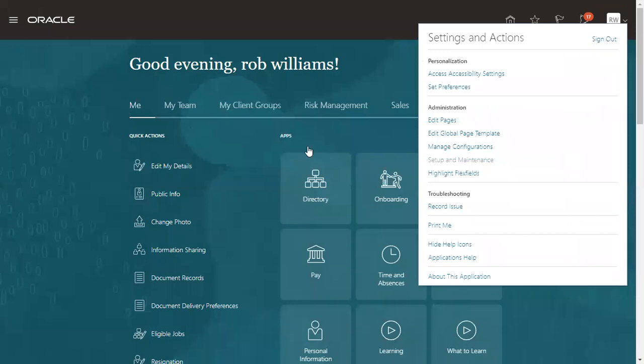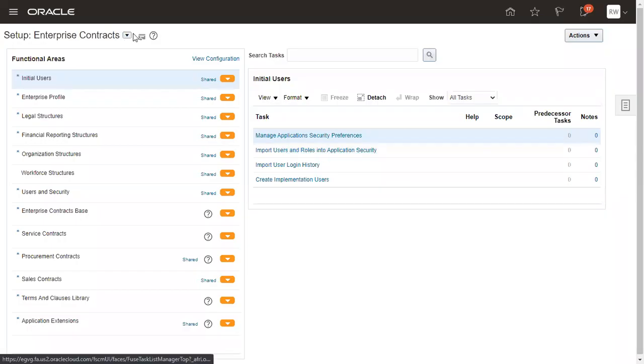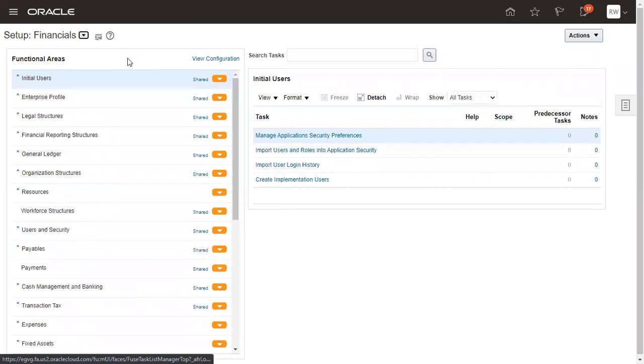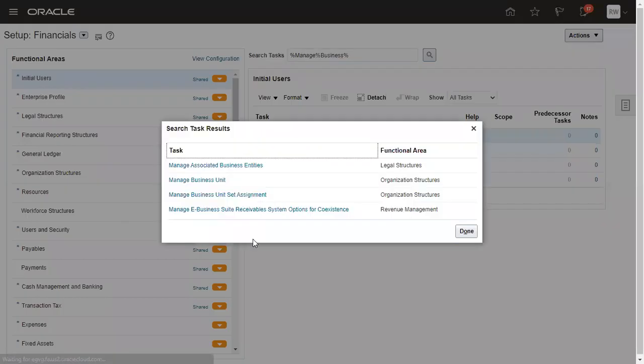So the error that we saw is the roles error. This user is a transactional user, more of a functional user, and the ledger setups and all are done by someone who has the financial application administrator role. That's why it is giving me that error. But let me see if I am able to show you other setups. Manage business units.